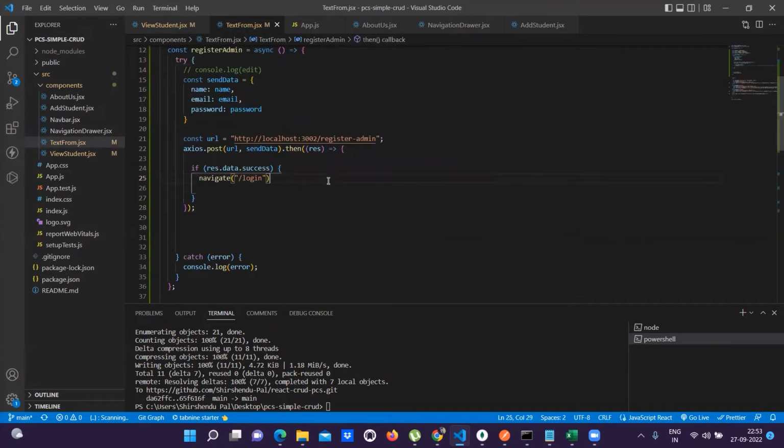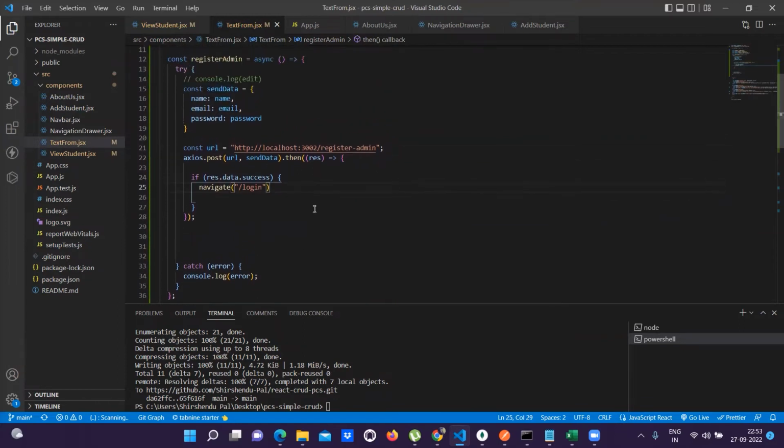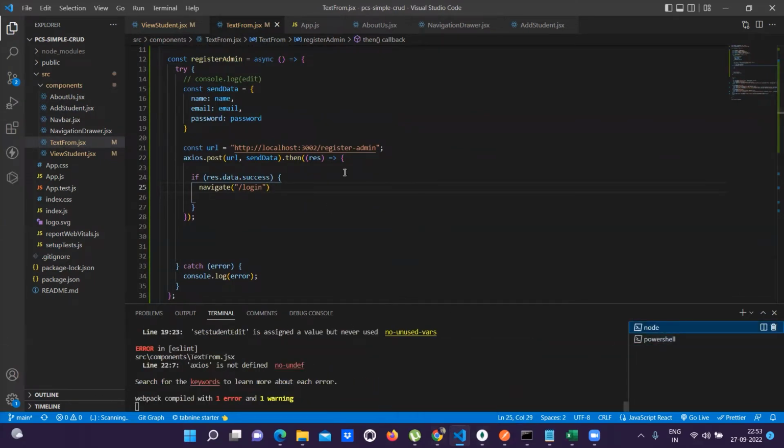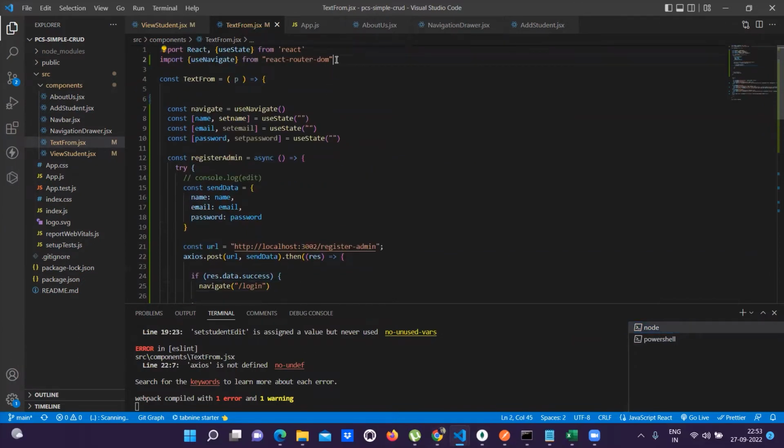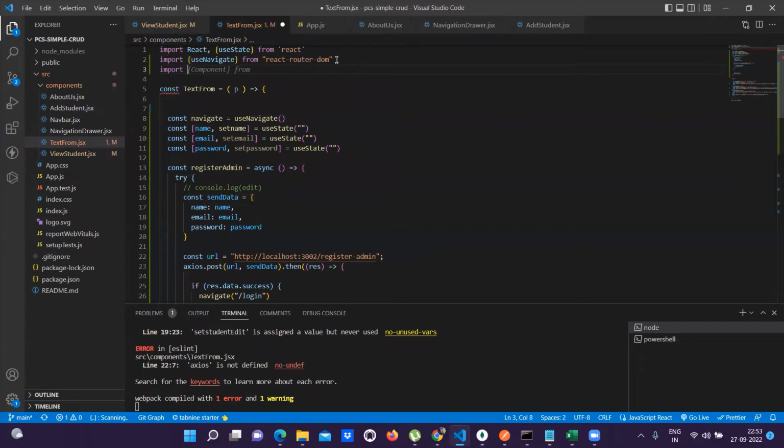Let's see whether it's working or not. Okay, FCS is not defined. We have to define FCS also. Import FCS from